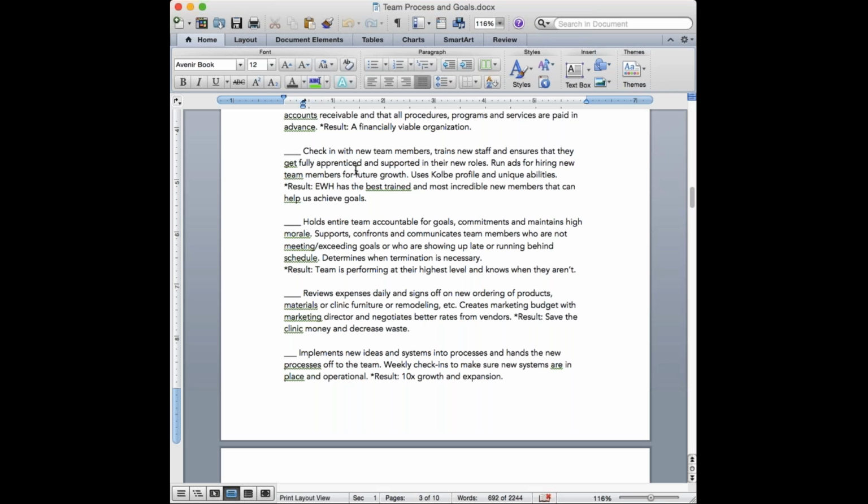Making sure that they're meeting expectations and working to expand that. And then also running behind schedule, that'll happen a lot, especially if you're in a busy clinic. So that office manager's got to be on top of helping coach and guide the practitioners that may be running behind, help them move in the right direction. It's not ever going to be perfect, but if you have someone driving that ship, it sure does make it a lot easier. The result's going to be team is performing at the highest level, and then they also know